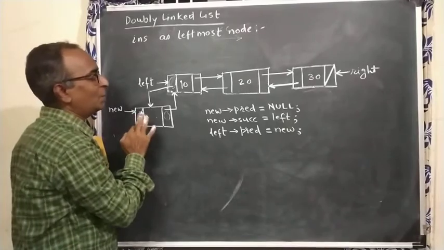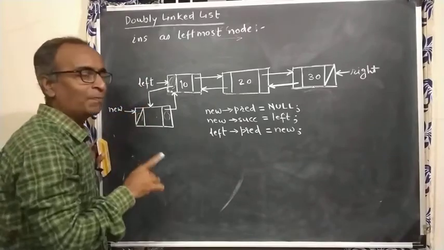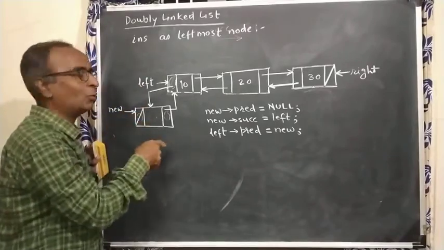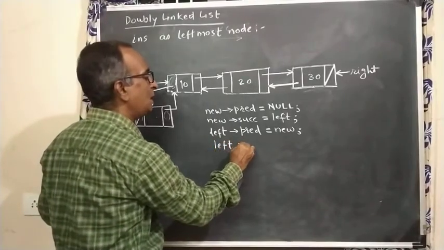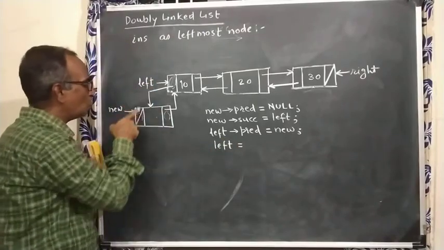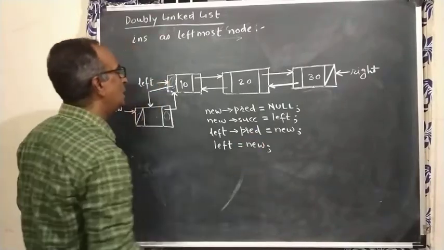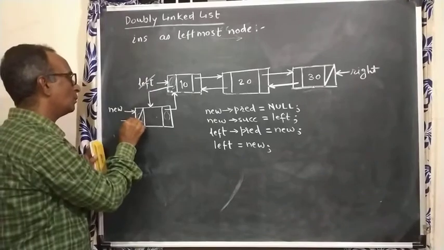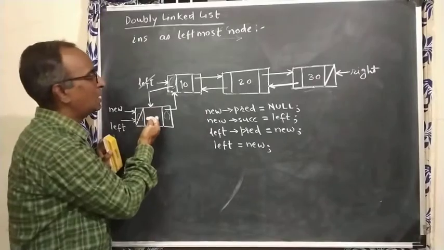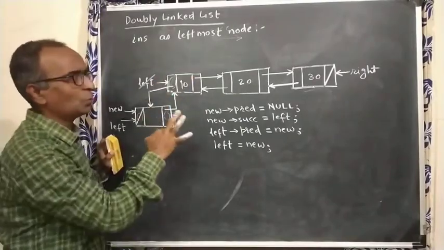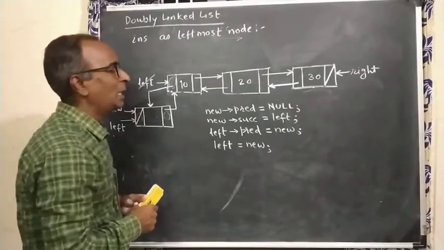Now after insertion, which pointer is left to be adjusted? Now left points always to leftmost. As we are inserting as a leftmost node, left should point to this node now. So left has to be changed. Left is given, this should point to this node. This node's address is in new. So new. That's it. These 4 pointers. This left won't point here, this will be pointing here now. So before this you can set the information field and all. I am only showing you pointer adjustment, how to adjust the pointers, right? So this way you can adjust.